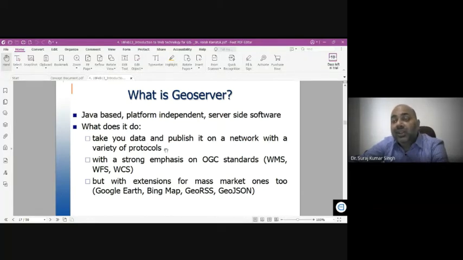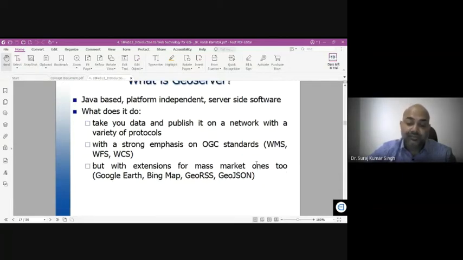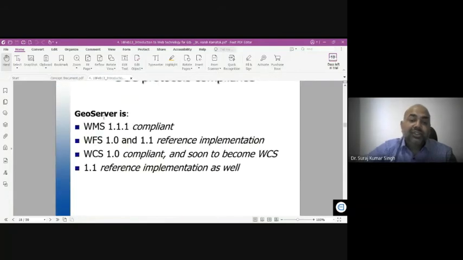It will generate the data, publish it, and share it on the network, with emphasis on the OGC standards, that is the Open Geospatial Consortium standards: the Web Map Service specification, then the Web Feature Service specification, and the Web Coverage Service specification. Also, for extensions, you can use formats such as Google Earth, GeoRSS, GeoJSON.